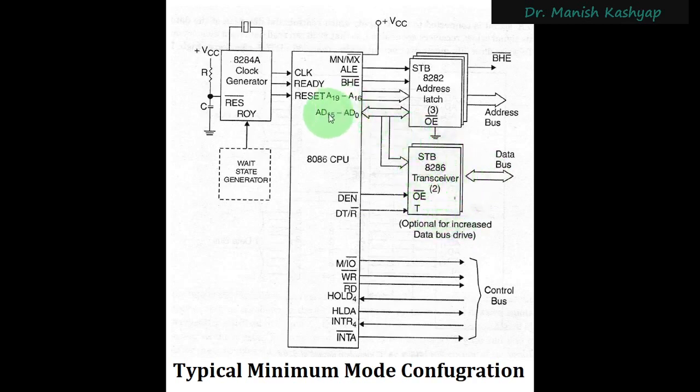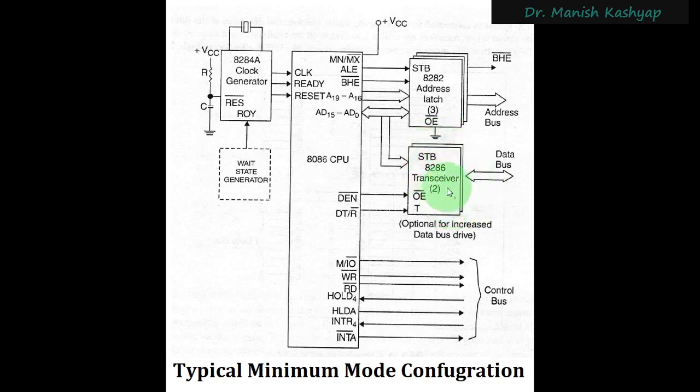Whatever signals you are receiving on AD0 to AD15, that is the data bus on these lines. Suppose you have sent a logic 1 value from here, and logic 1 corresponds to +5 signal. Because of traveling on these physical wires, this +5 might become 4.5. So to boost those signals so that the devices receive a +5 value, this transceiver IC is used, right?